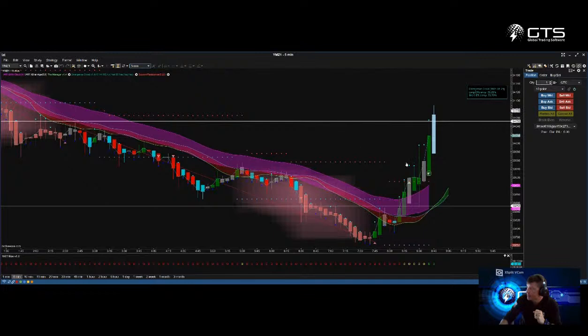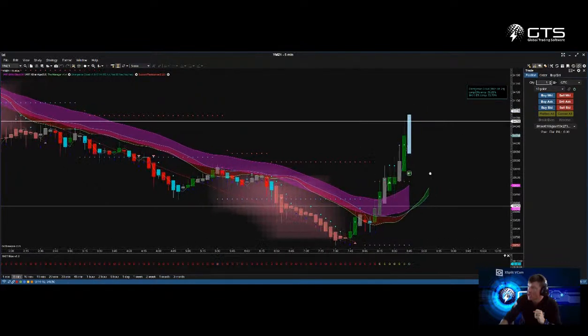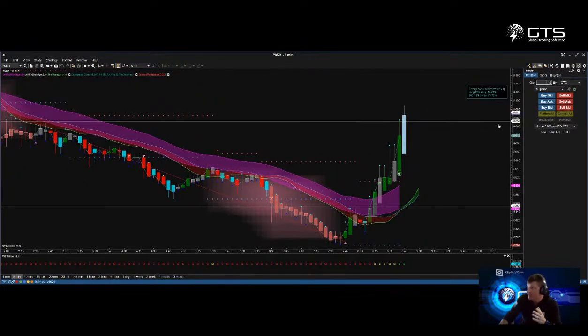5 minutes by 6-star. All right, we have broken out the top of the range, number 1. The bias is buy, number 2. Waiting on a close above this resistance right here. We need some follow through here because